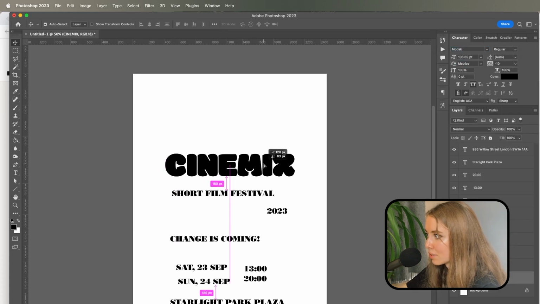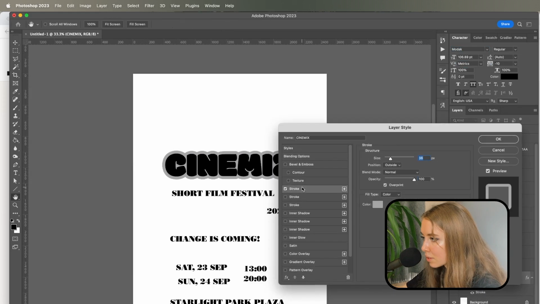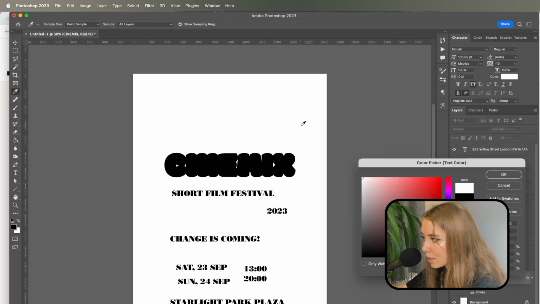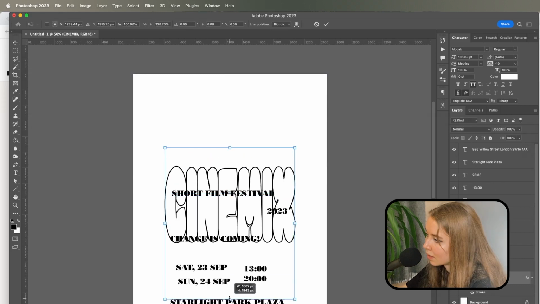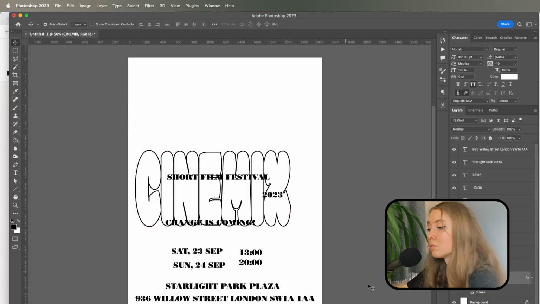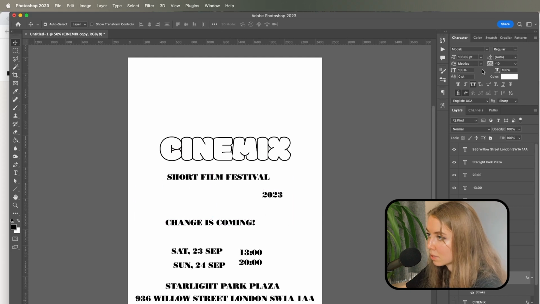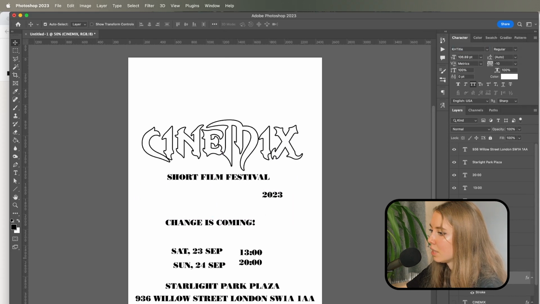This one is modern, actually. You could create a bubble type effect. If we invert it, we'd do a stroke and make it white. Yeah, this could look modern. And if we customize it a lot, that could work. But let's try something else. Yeah, this one. This is really decorative.